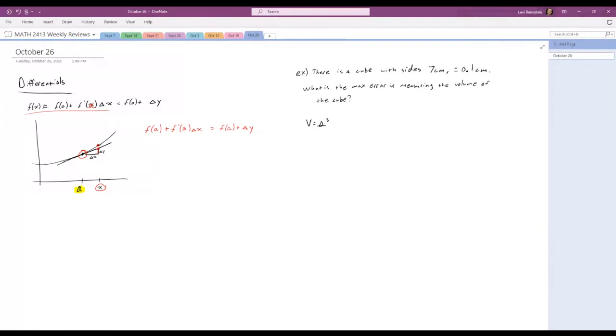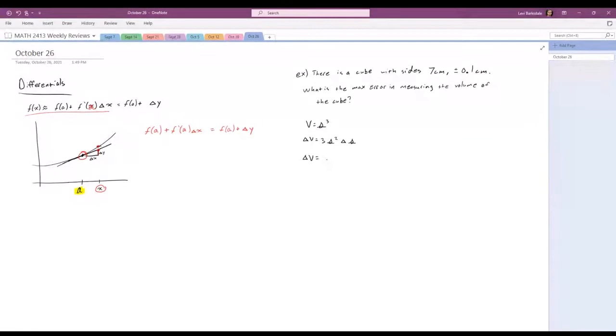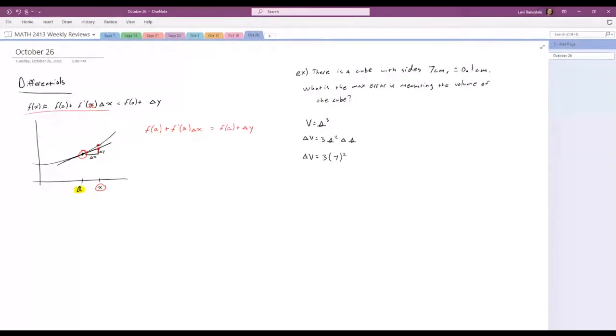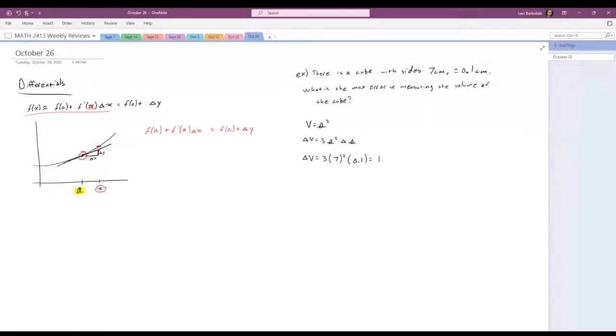So, if we wanted to find a change in volume, well, we would take the derivative of our volume equation, which would get us 3s squared times a small change in s. And I do write my s's cursive because otherwise they look like 5s. So just a heads up, that's what my s's look like. In this case, we now know enough to solve for our small change in volume. We simply plug in what we know. We know the side length is 7, and we know that the error is 0.1,